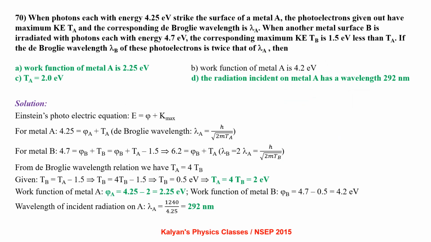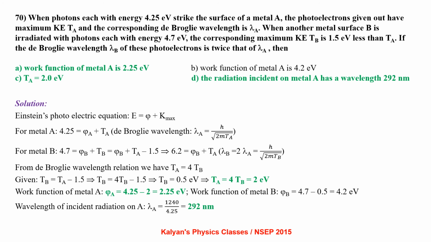When photons each with energy 4.25 electron volt strike the surface of metal A, the photoelectrons given out have maximum kinetic energy TA and the corresponding de Broglie wavelength is lambda A. When another metal surface B is irradiated with photons each with energy 4.7 electron volt, the corresponding maximum kinetic energy is TB, which is 1.5 electron volt less than TA. If the de Broglie wavelength lambda B of these photoelectrons is twice that of lambda A, then applying Einstein's photoelectric equation